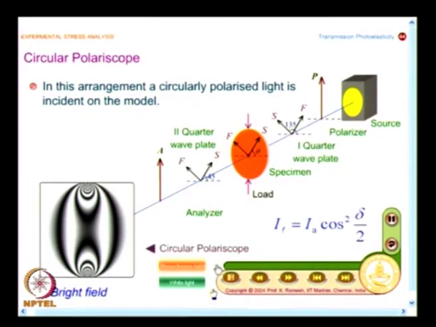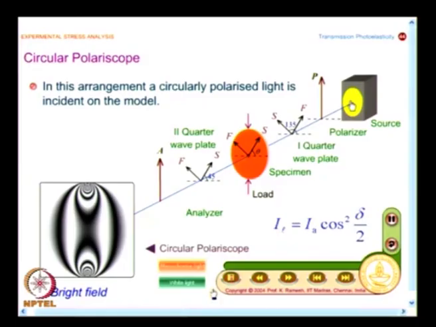The 2 additional elements serve the purpose of removing the isoclinics. So, what I have here is a light source, a polarizer, a quarter wave plate, the model, then the second quarter wave plate, and then the analyzer. You should be able to sketch this schematically. At least this portion you should be able to sketch for different optical alignments